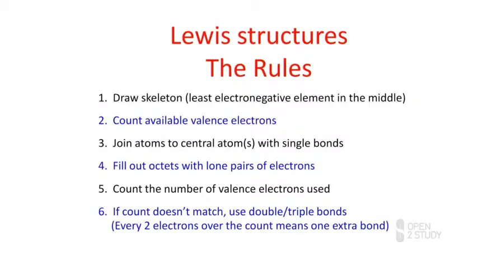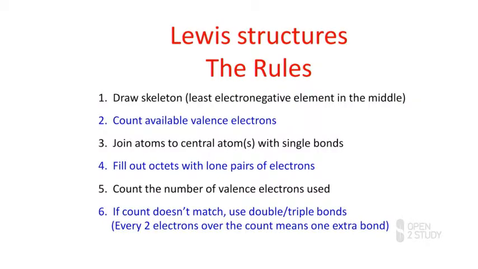It doesn't show us from a phenomenological point of view how it comes together, it merely gives us a means to an end. So our answer will evolve over time. We may make corrections on the way, but when we get to the end, we will have a true plausible Lewis structure for our compound of interest. Let's have a quick chat about these 6 steps that are involved, and then we'll go through a couple of